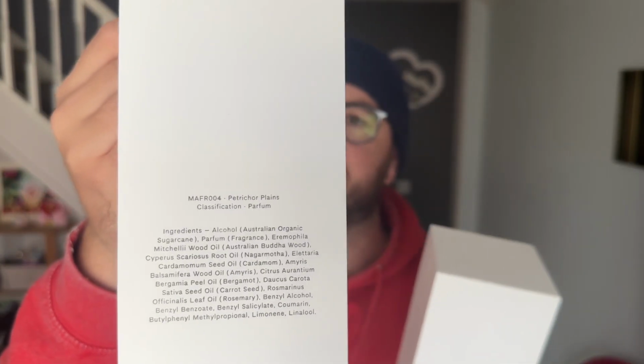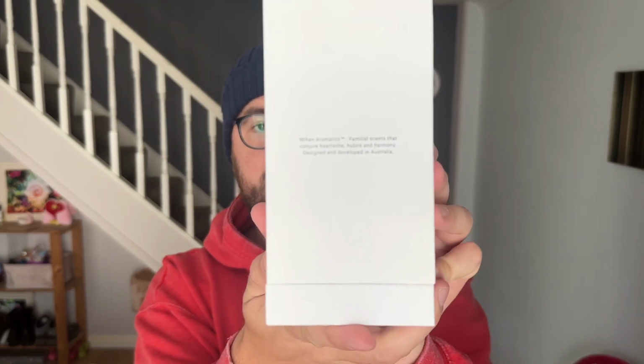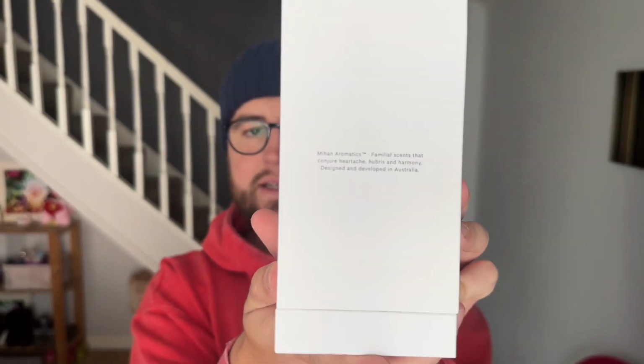You need to be a little bit careful when opening with this sleeve. Again, this is quite an old bottle, so maybe they have changed the packaging as well, but the sleeve comes off. And then on the back, you have some ingredient information. The reason I say you need to be careful is because of the weight of it, it can sometimes slide off. There's the box on the back, a little message, like a brand message. But yeah, plain box, and then some information on the bottom, and then you open the box to reveal